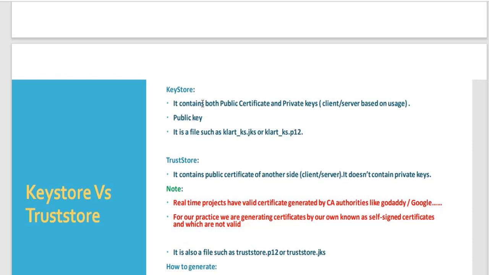So a key store is keystore name.jks. Primarily it has the private key information, that is the primary thing about a key store. But a trust store has the public key information. It doesn't contain any private key, and it has all the certificate related information. So we have three things: private key, public key, and certificate. The private key is the key store. The remaining, public key and certificate, is the trust store. So you can remember it that way.